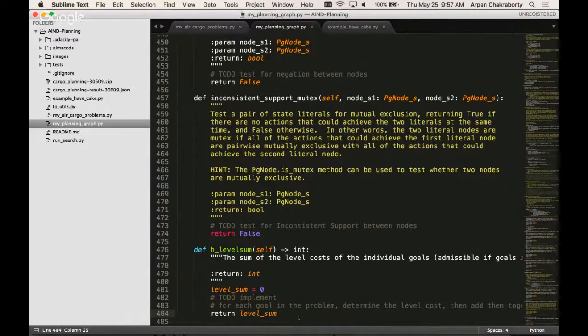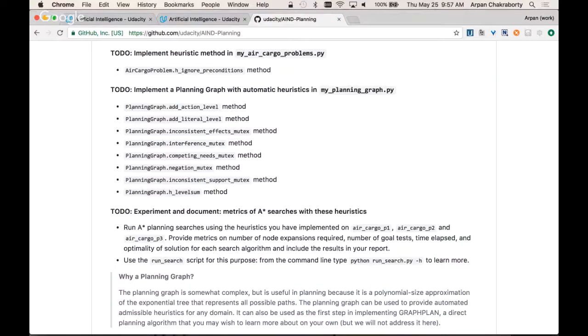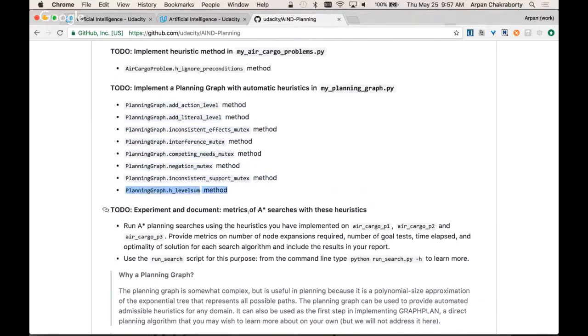is that particular goal state being met. So you want to add all those different level numbers for the different goal states that are required, and that's your total level sum. All right, so once you've implemented these planning graph methods and the heuristic H level sum,